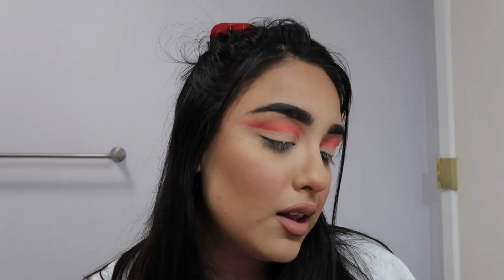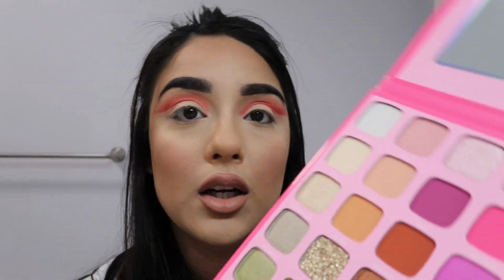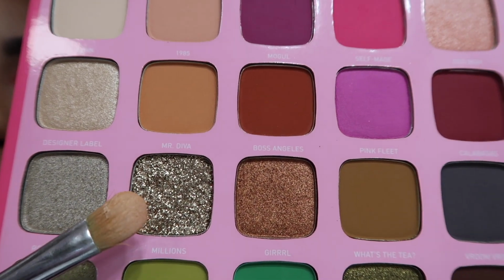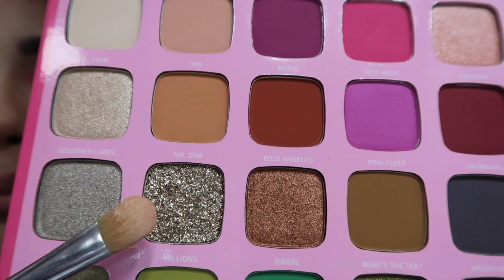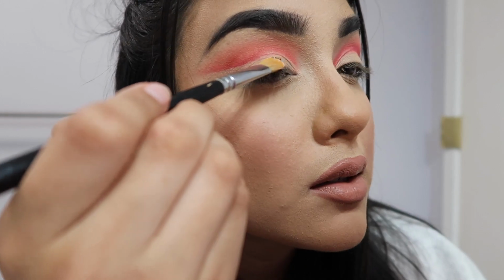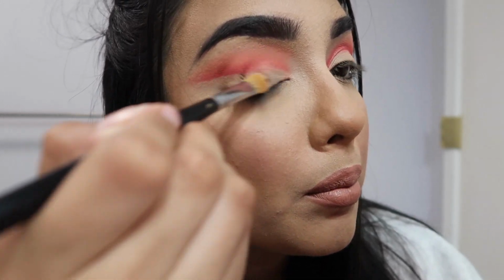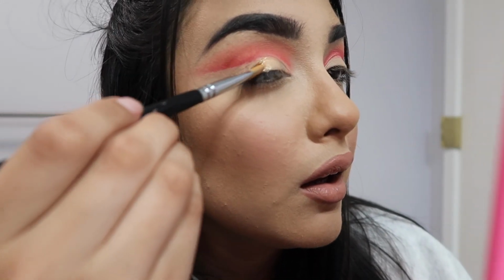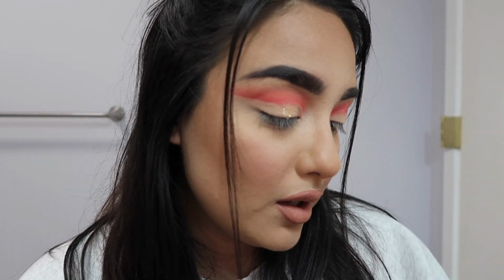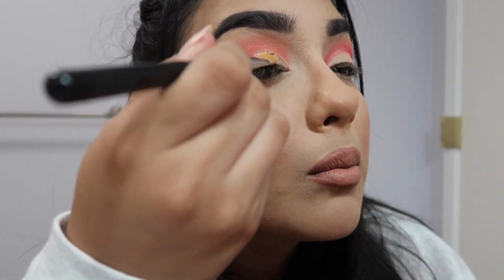And so now I think I'm gonna go in with the color Millions. It's this new formula that they made for Morphe's collab with Jeffree Star. I'm just gonna use the color Millions to then put it on my, this is gonna be very interesting. I'm not sure if this is their most,